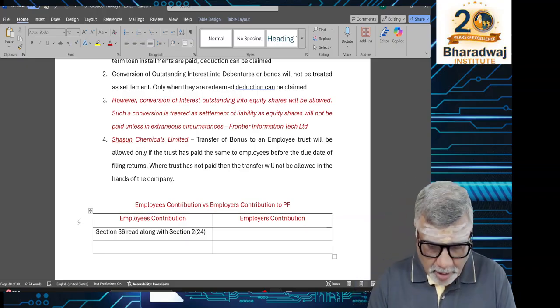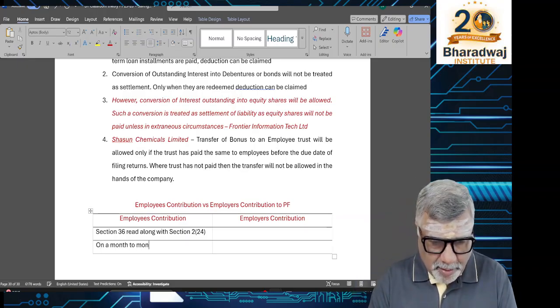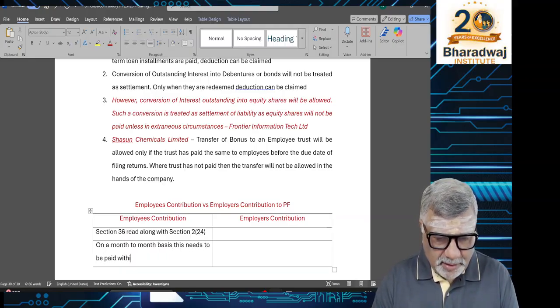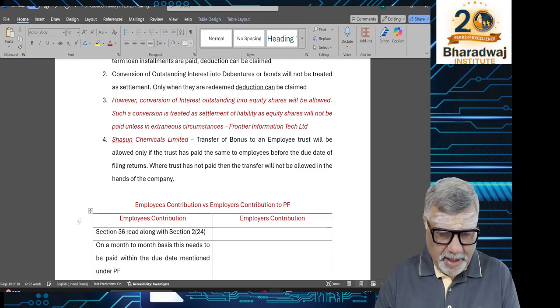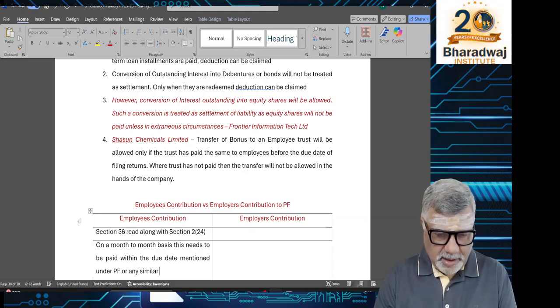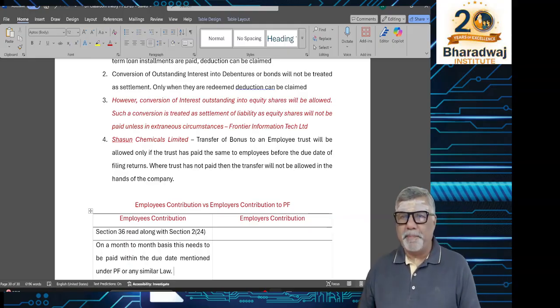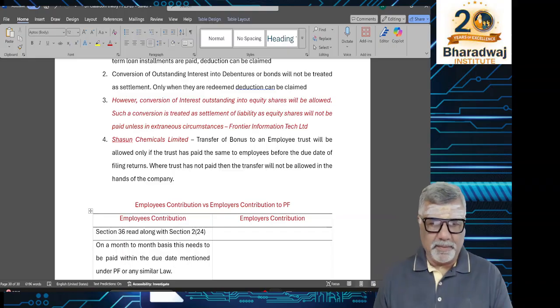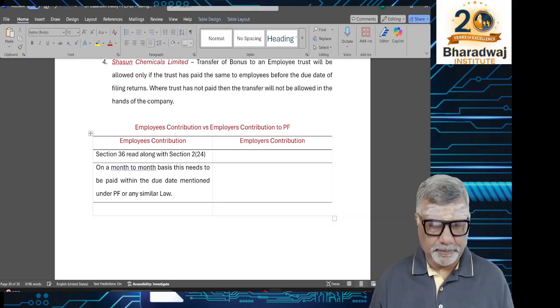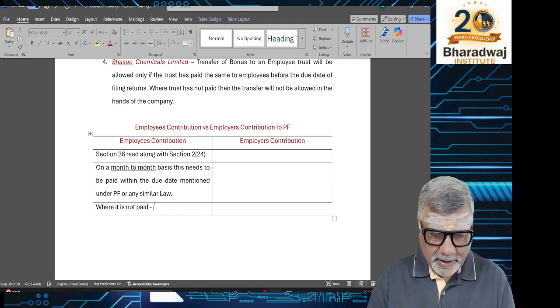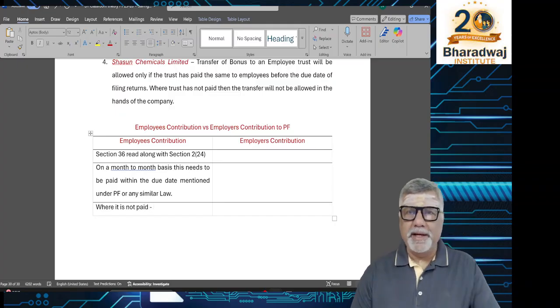Okay, on a month to month basis, this needs to be paid within the due date mentioned under PF or any similar law. So it should be paid on or before 15th. It should be paid on or before 15th. Where it is not paid,